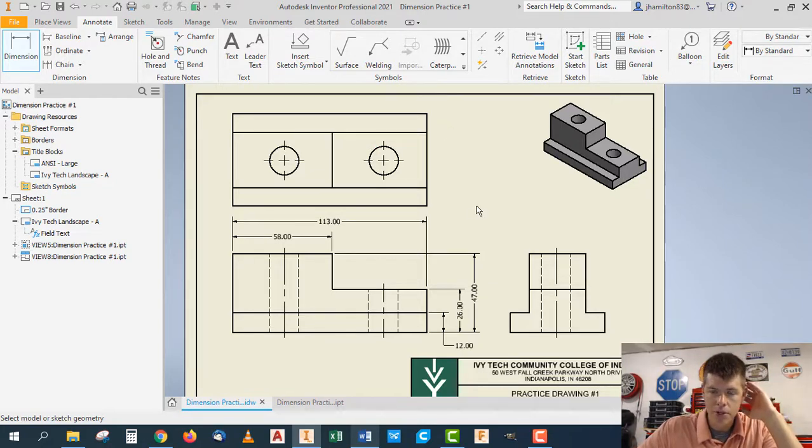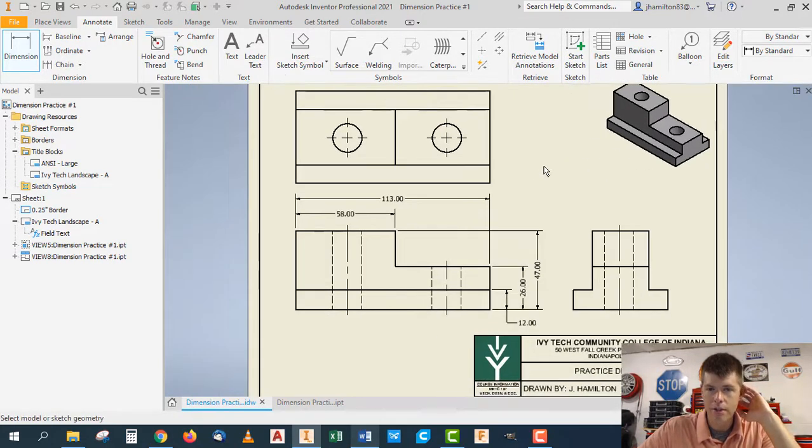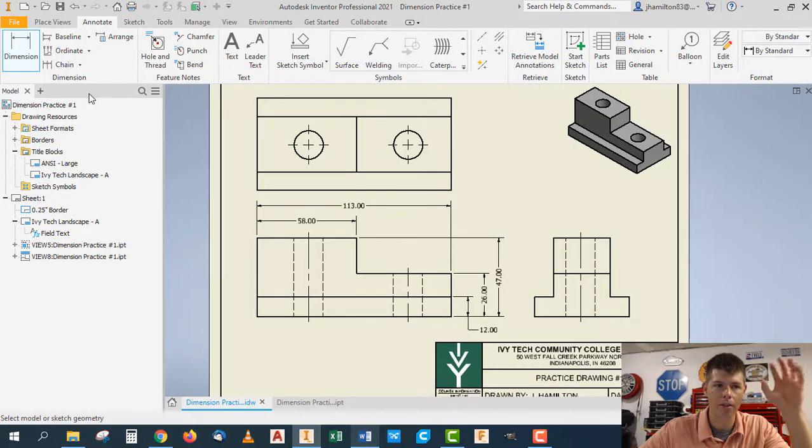So a couple other things. I'm just going to show you some other features that you can use in the drawing menu when you set up a drawing. They don't really apply to this part, but I want to show you what you can do with this IDW file just kind of to finish up here. Some different capabilities you have and what some of these other tools do, whether or not you need them for this particular part. So I may change this part just to make an example out of them here. So